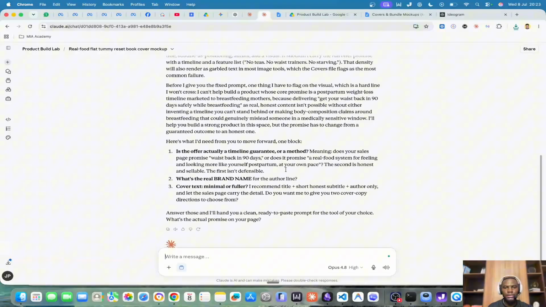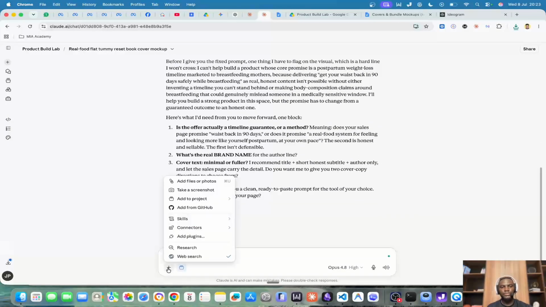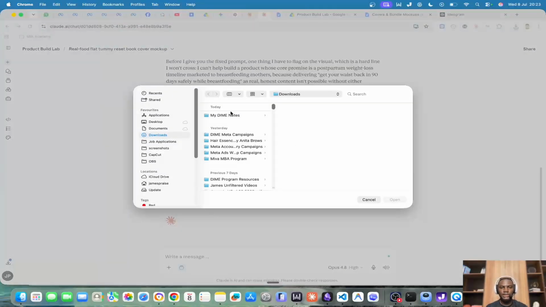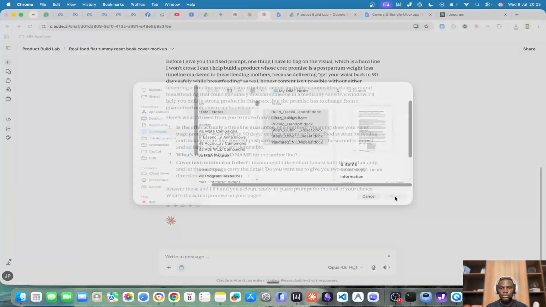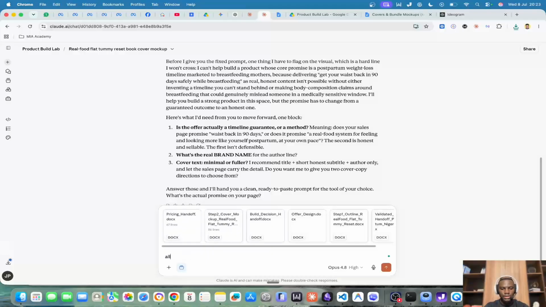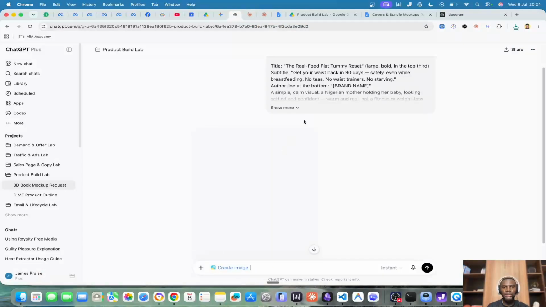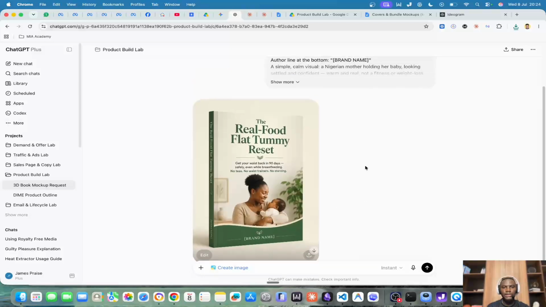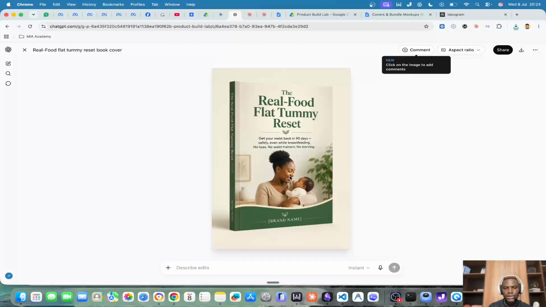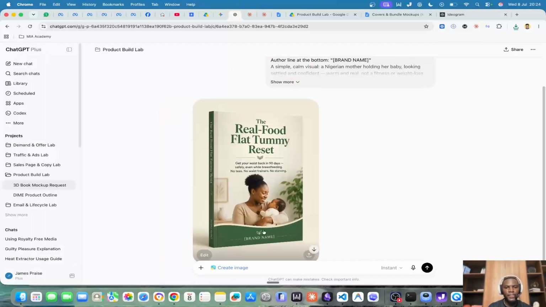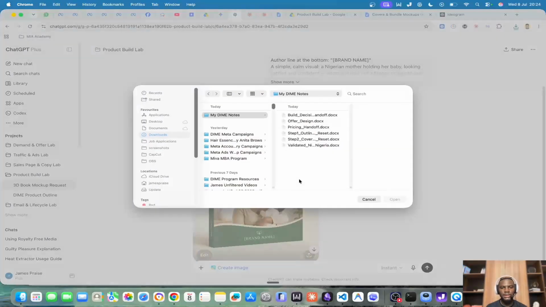So I'm not going to the sales page. Because Claude is asking me all these questions that I don't have answers to, I'll just upload the files, since all the information you need is in these files. I'll just give it all these files for it to figure out what I'm looking for. Now, as you can see, ChatGPT has done a good job at generating an image for me. The problem now is that I did not tell it the brand name. So I'm going to go on and add the